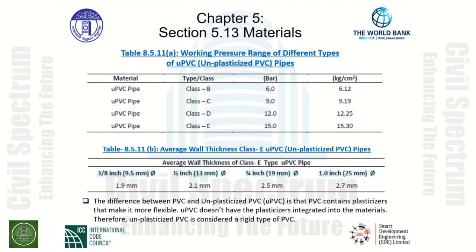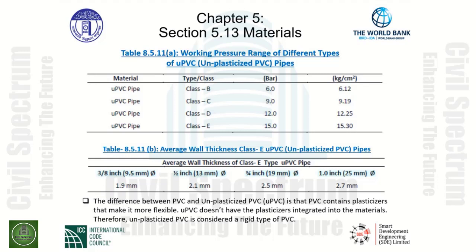Table 8.5.11b gives us the average wall thickness, particularly for Class E unplasticized PVC pipes. As can be seen here, the average wall thickness of Class E unplasticized pipes are as follows: